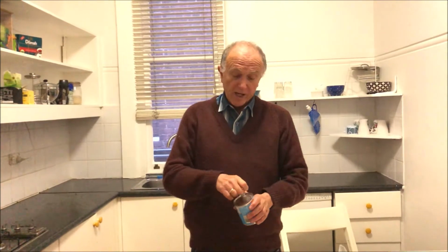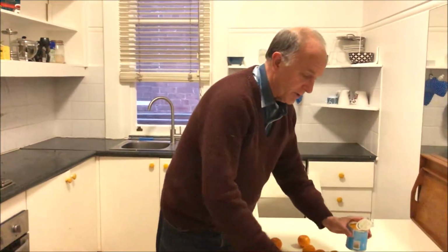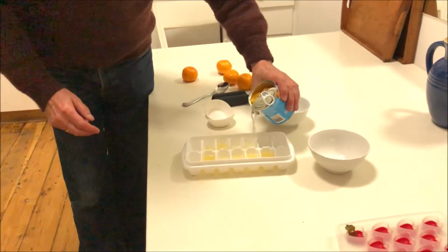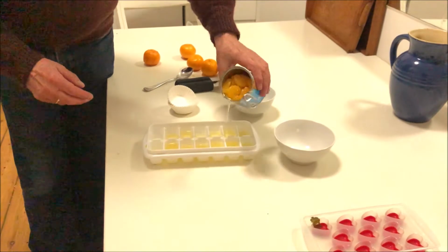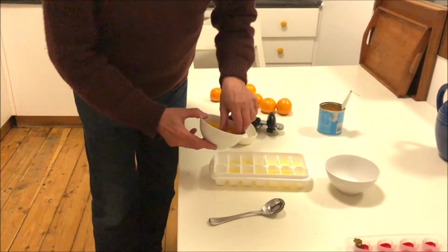So how do you have mandarin oranges when you're sick? Well, obviously you can just put them in a bowl and eat them, but that's a bit boring. So what I thought I'd do is I put them in the ice cube container and make a bit of fun. And so all you do is you just pour the juice in, a bit more, willy-nilly, and then you put the mandarin orange pieces like this, and you just pop one